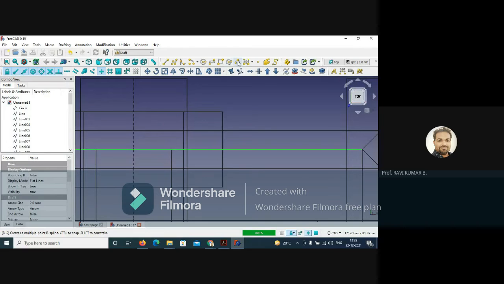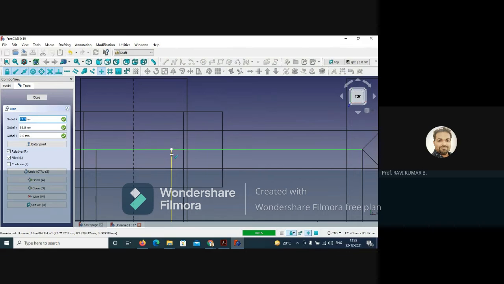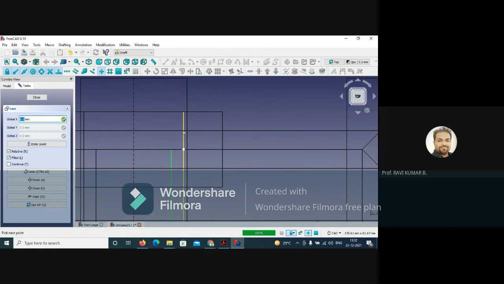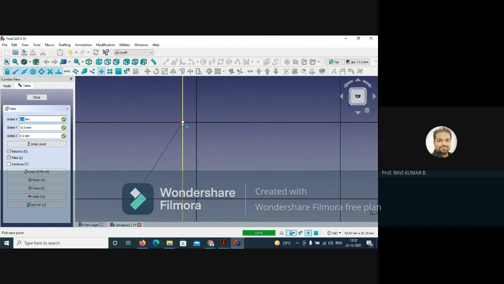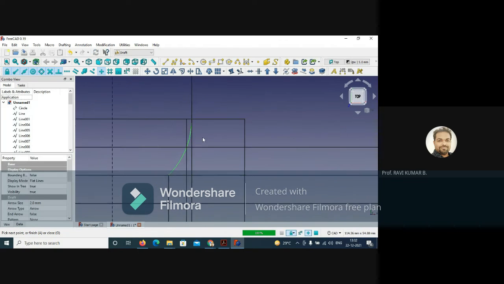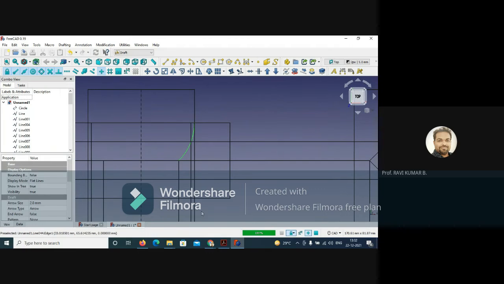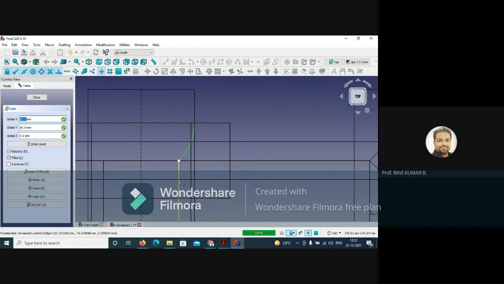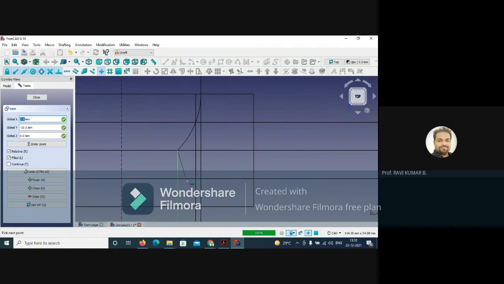So we'll use this spline, right, and select carefully one point, then the intersection point you will get here, select this, then the last point you will get here, and escape. So this has been drawn. Do the same treatment on this side also. You can use mirror, but mirror is not allowed, that's why I'm saying again, you have to repeat this. So this point and the second point is here, and the last point is over here, and escape.